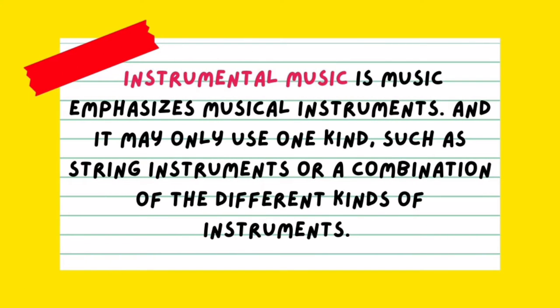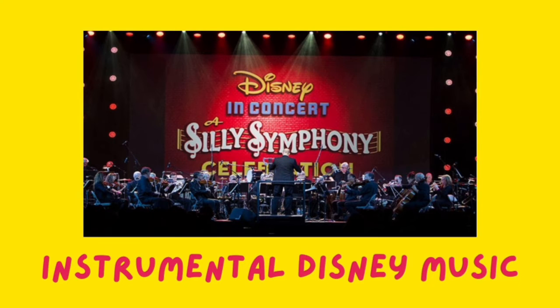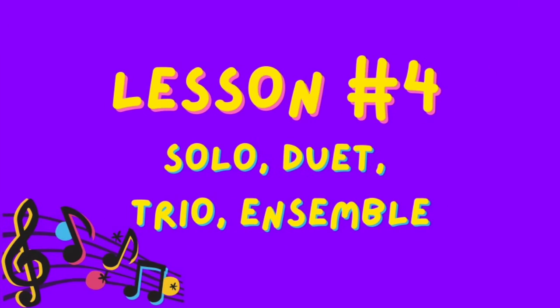On the other hand, instrumental music is music that emphasizes musical instruments, and it may only use one kind, such as string instruments, or a combination of the different kinds of instruments. One of the best examples here is the instrumental Disney music. Under the vocal and instrumental music, we have a solo, duet, trio, and ensemble that we are about to tackle